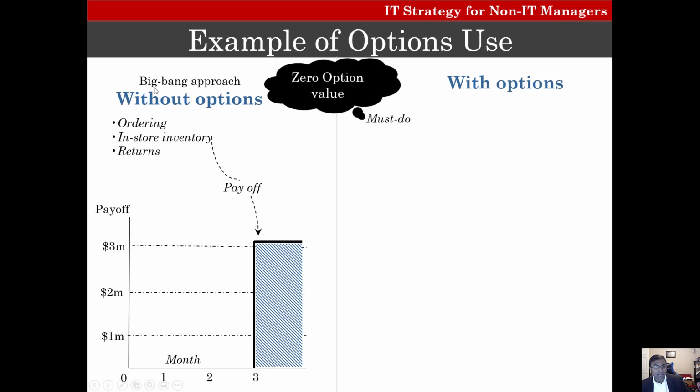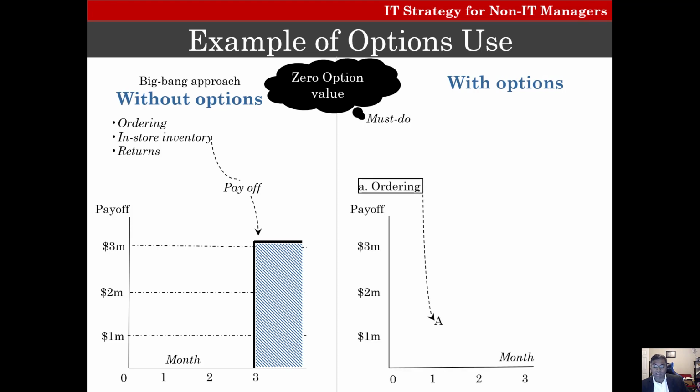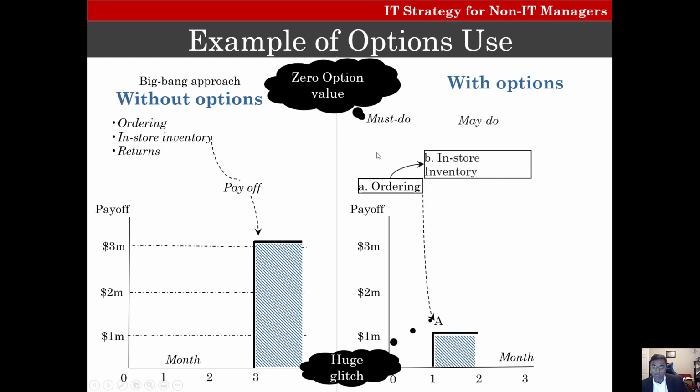You can dramatically lower the risk if you decompose the same project into 3 sequentially staged baby steps. So let's take a look. First stage is essentially what is must do, what you have to do, right? And at a later stage, if there's a huge glitch, you can reevaluate here. And then the second stage could be what you may do in store, and then you essentially